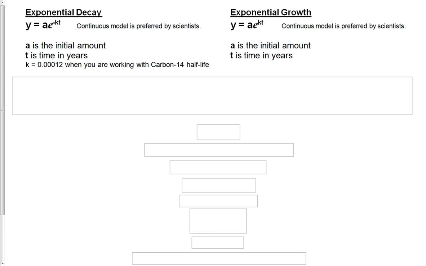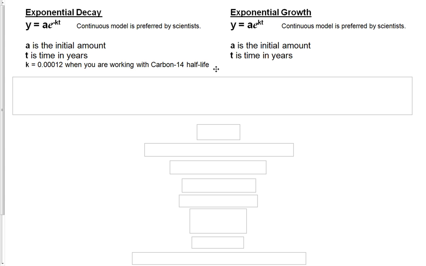Let's take a look at exponential growth and decay in a continuous model here. We're given the equation y equals a, which is the initial amount, times e to the negative k times t in decay, or in growth it would be e to the positive k times t. Now, t is the time in years, k is going to be some constant that determines the growth rate